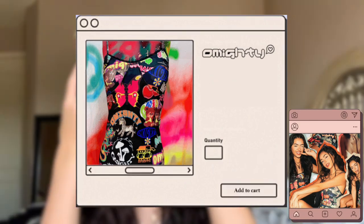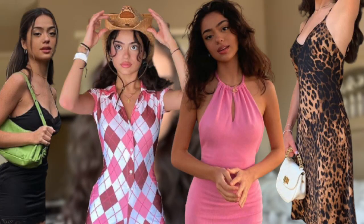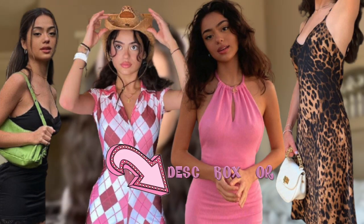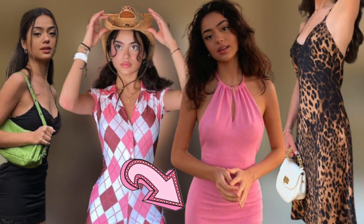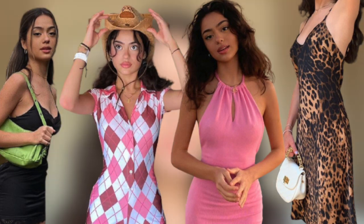So here are some of the dresses that reflect some of Nailea's most prominent styles. Also, every single thing that I mentioned should also be in the comment section down below or description box. I'm not sure yet. If not, you can ask in the comments and I'll try to get things for you. Either way, let's take a look at another style